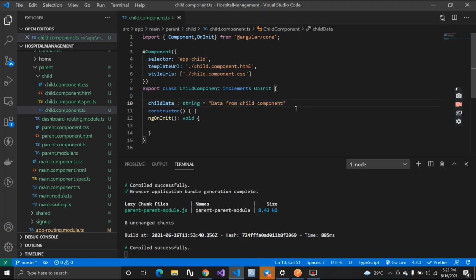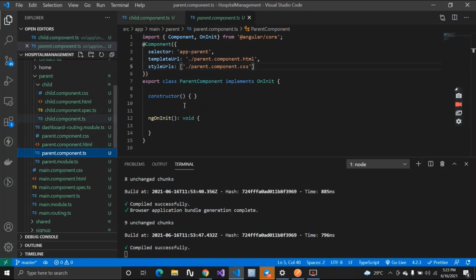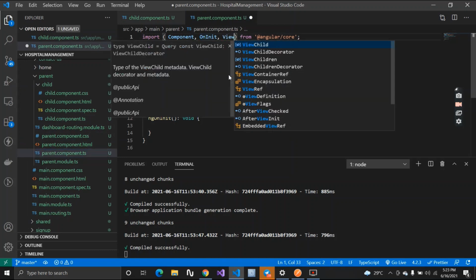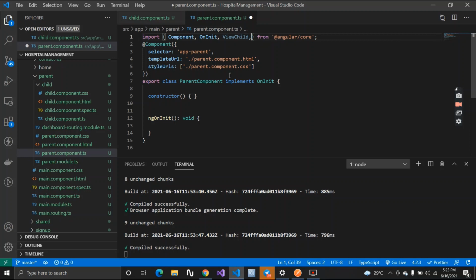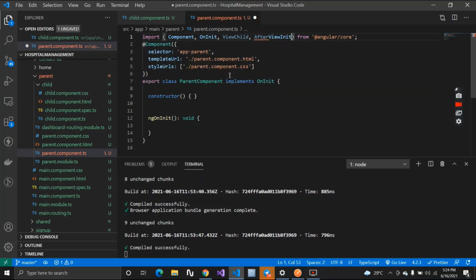So what I should do is first import ViewChild inside my parent component. The first step is to import ViewChild, and I will also import AfterViewInit. This is a lifecycle hook of Angular, and inside this method we will save the data.